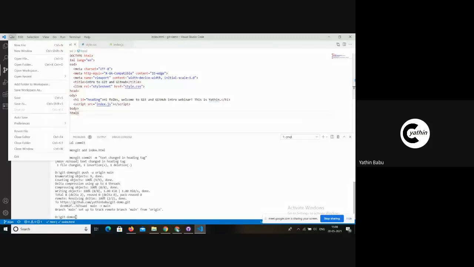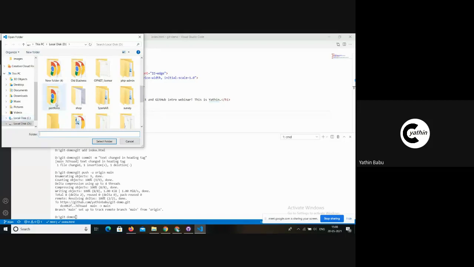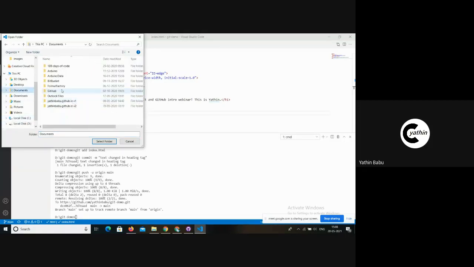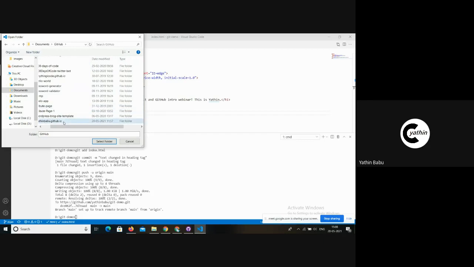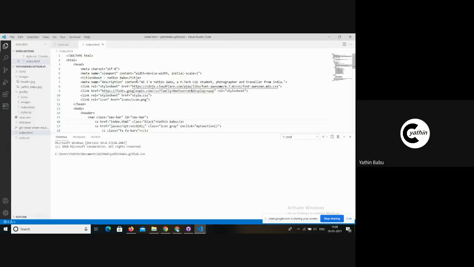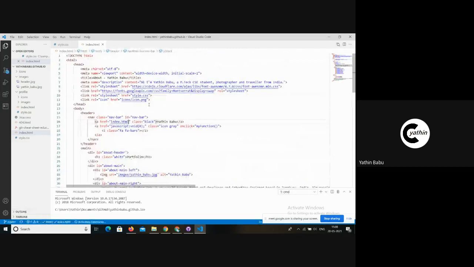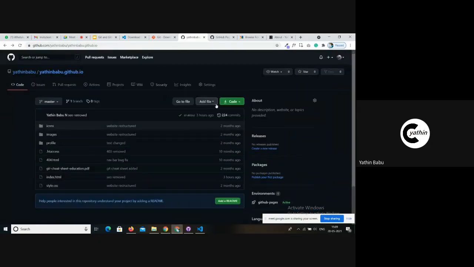I have already done this so that it will be less time consuming. Here I have the exact copy of the source code that's been hosted in the remote repository at this URL.